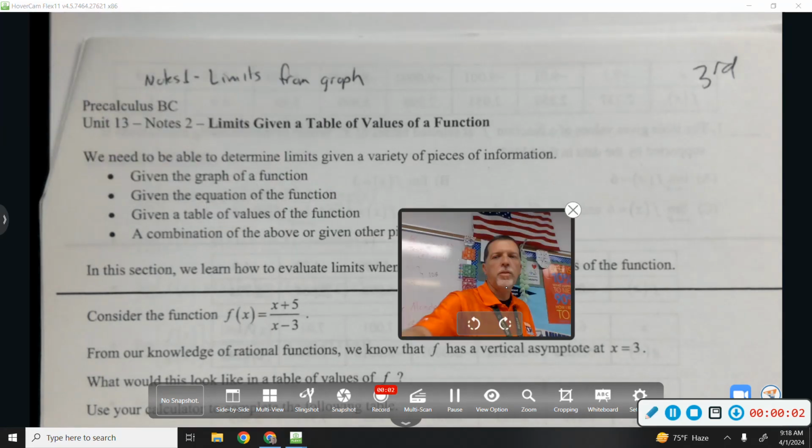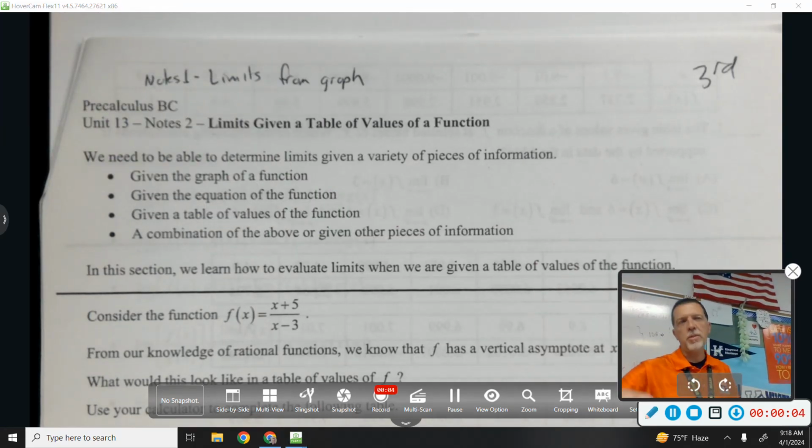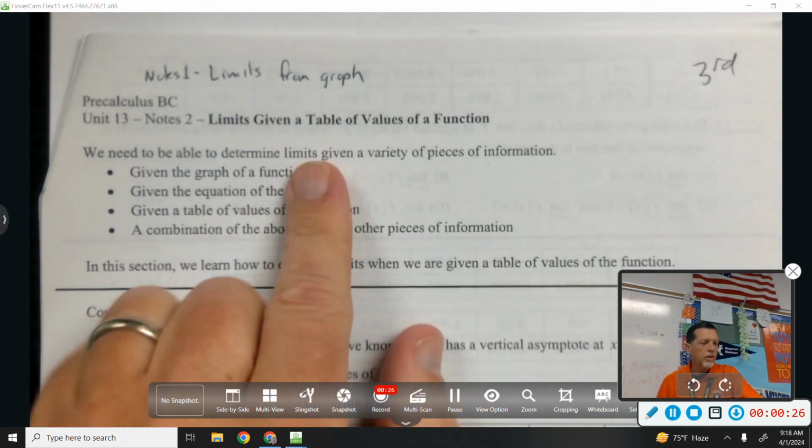So last week we started with limits from a graph. You just had a picture, look at the picture, think about what's happening from the left versus what's happening from the right, and if they match, then whatever number they're headed toward is the answer. What's the answer if they don't match? Like if the limits are going different places? Doesn't exist. Okay, so that idea we got to carry through to today, where we're going to look at limits